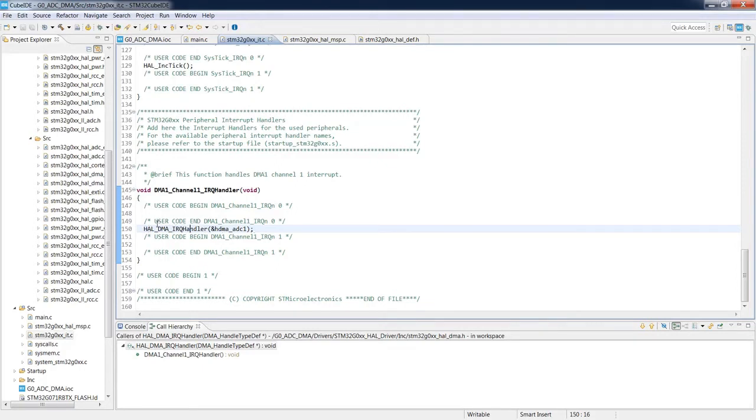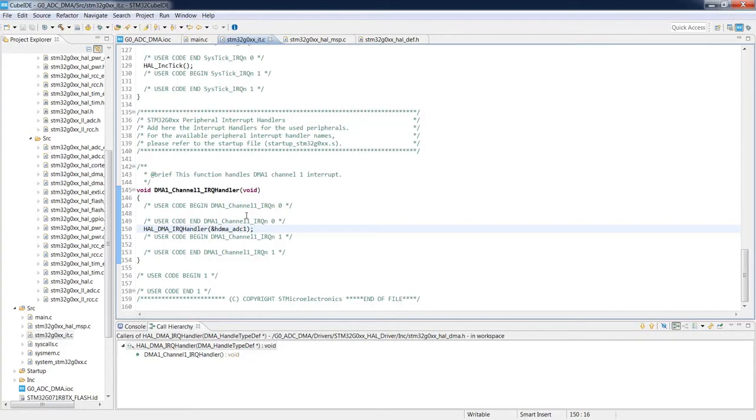The HAL library is built in such a way that if we are using a DMA, usually it is assigned to one of the peripherals. There is a link created between DMA and the peripheral with which DMA is working. So in such a case, instead of calling the callbacks from the DMA, the callbacks from the peripheral, in our case ADC, can be used instead.